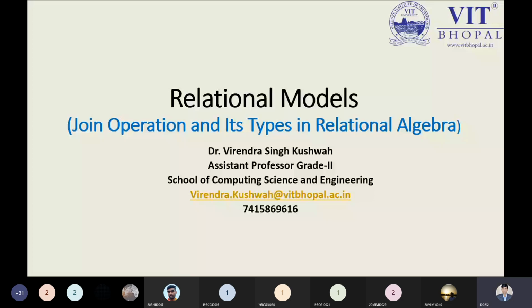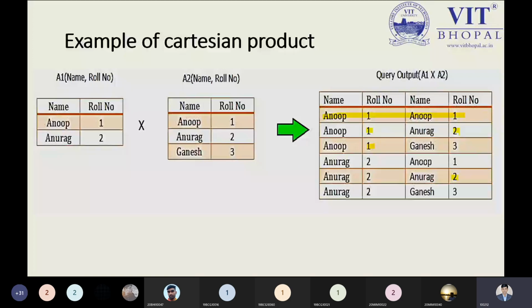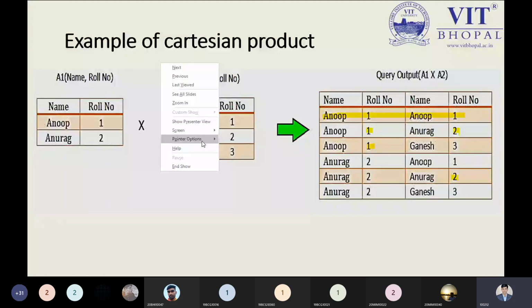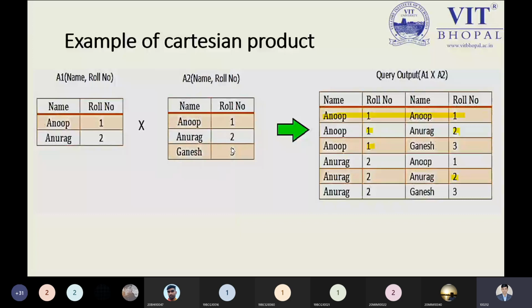Cartesian product. So in the Cartesian product, as we have discussed in the previous part, this is my point. Please focus on the study. A1 is a relation, A2 is another relation. So in the A1 and A2 relations, you have to map this record with this one, and this record with this one. So you are trying to make the Cartesian product.